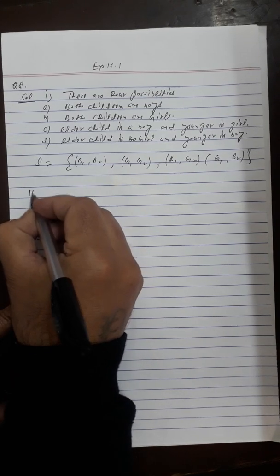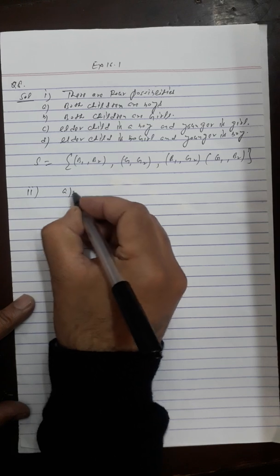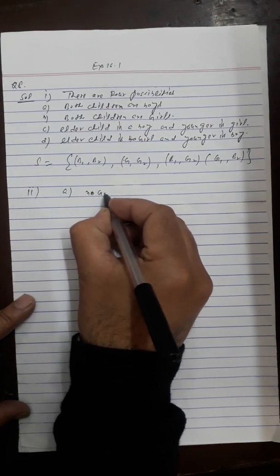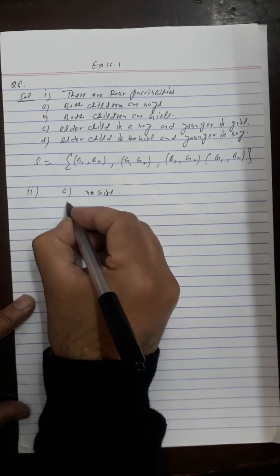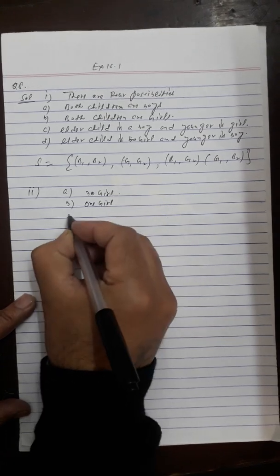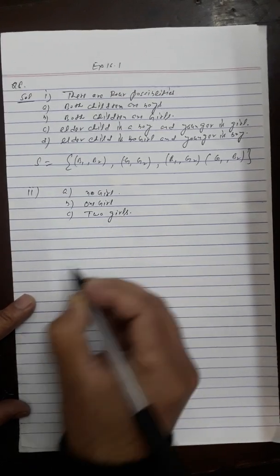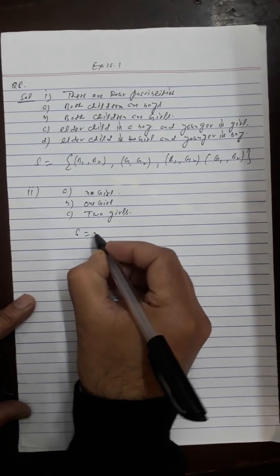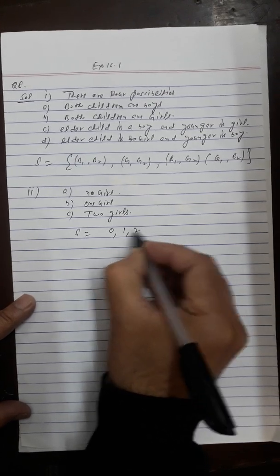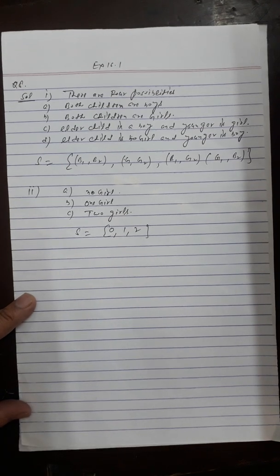Second part is: what is the sample space if we are interested in the number of the girls in the family? Means there are options: A, no girl, B, there is one girl, and C, there are two girls. I mean to say the sample space is 0, 1, 2. So that is your question number 8, students. Question number 9, try yourself.